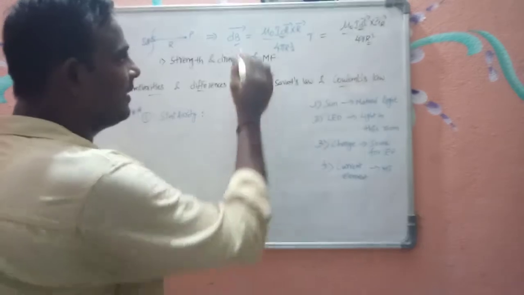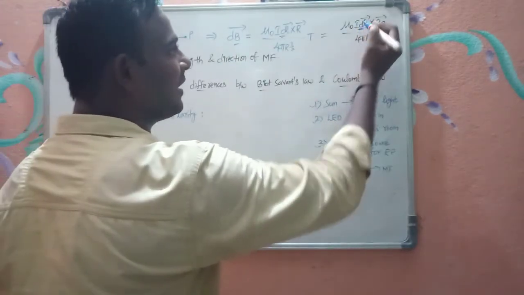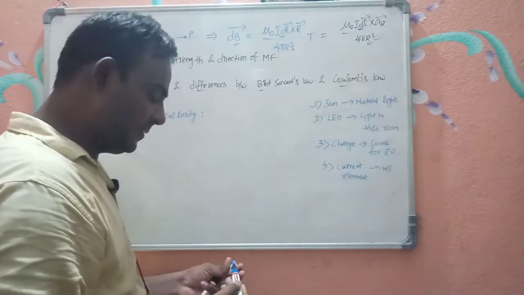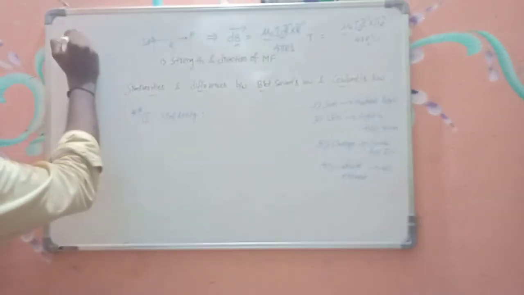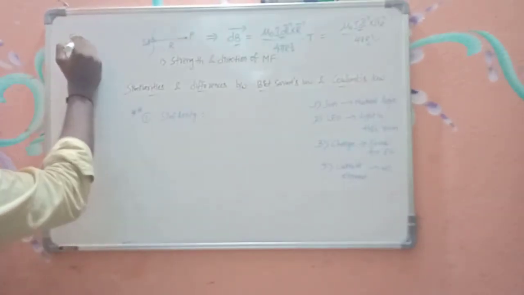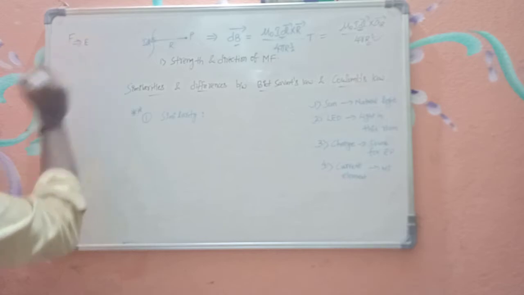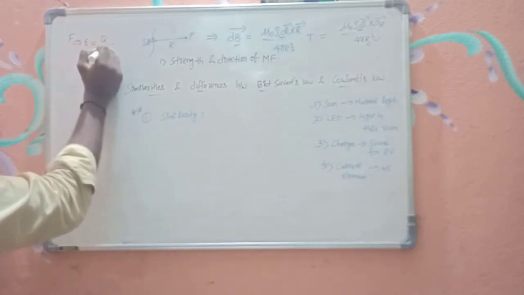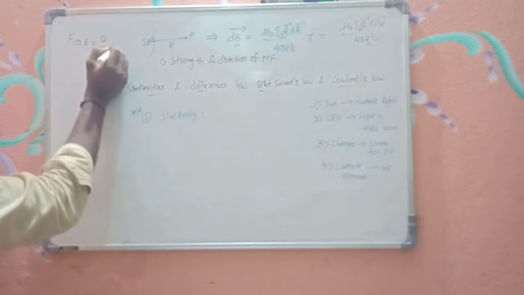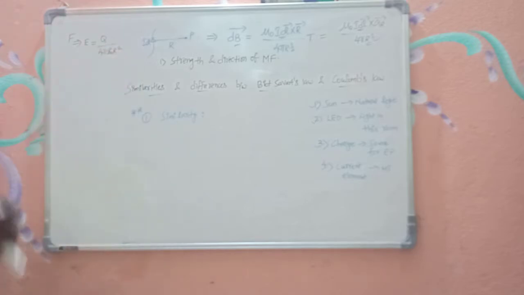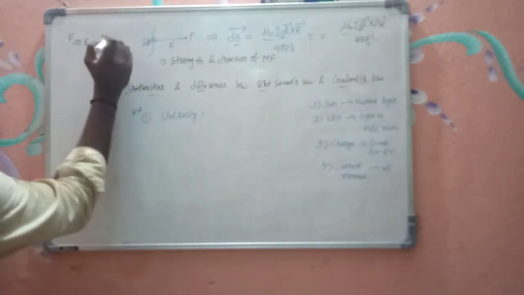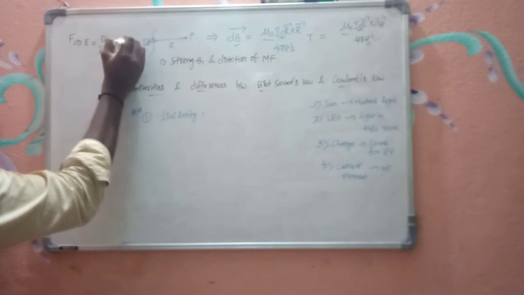Here if you observe, the magnetic field is proportional to the current element and inversely proportional to the square of the distance between them. Coulomb's law basically gives us the force, and from the force we got the electric field intensity expression as E equal to Q by 4 pi epsilon naught R square, where epsilon naught is the permittivity and here mu naught is the permeability, right? The unit for this is volt per meter.